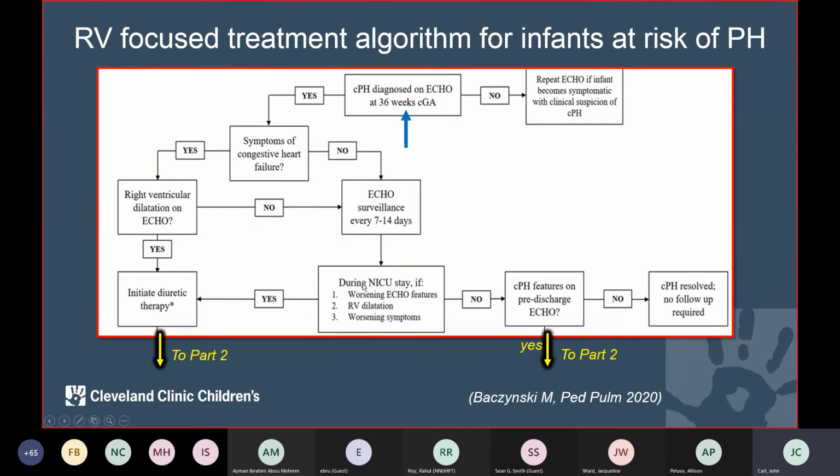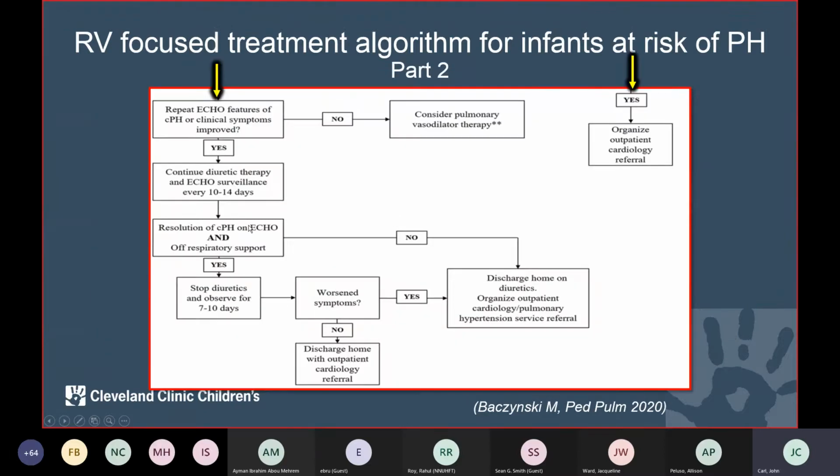And then if worsening echo features or right ventricular dilation occur, or worsening symptoms of pulmonary edema or respiratory failure occur, then you would also go over to initiate diuretic therapy. And if these features don't worsen, but you still have features on the pre-discharge echo, we're going to go to the next panel here and see that